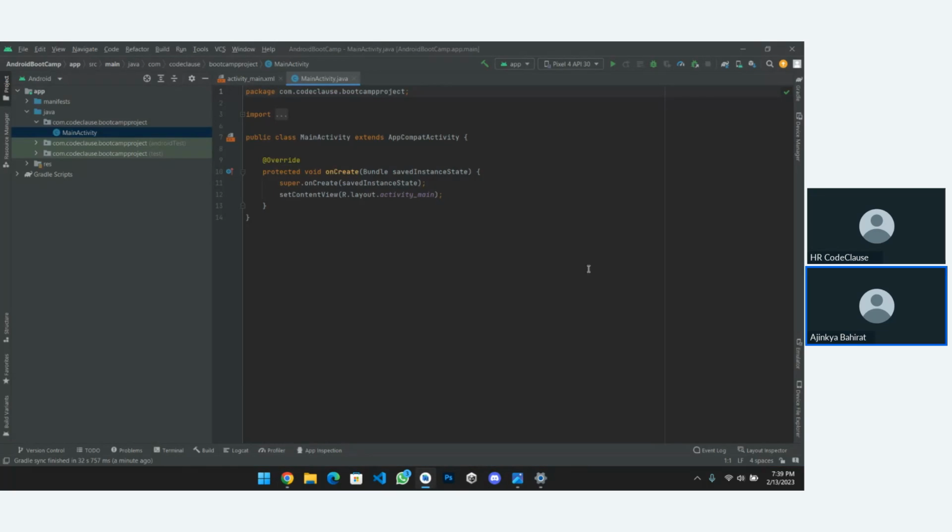Yeah. So this is your studio, which you will be working in. Currently, if you are new, then you might be confused. What are these things? What is the right side? What is on the upper side? What is on the bottom? So don't get confused. We will see each and everything one by one. Initially you think it is a complicated thing, but day by day you will love it. You will just fall in love with Android Studio, right?